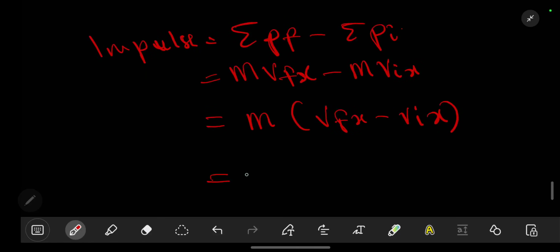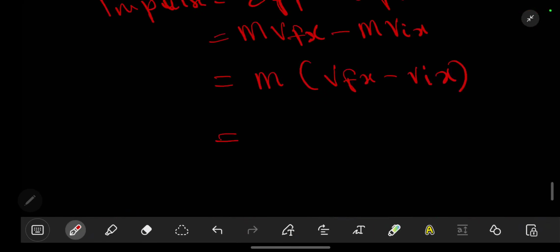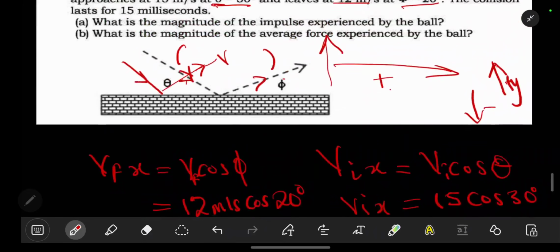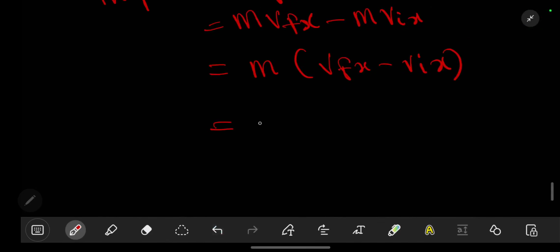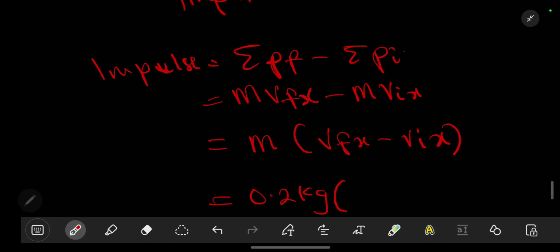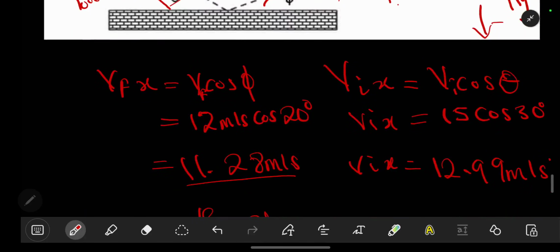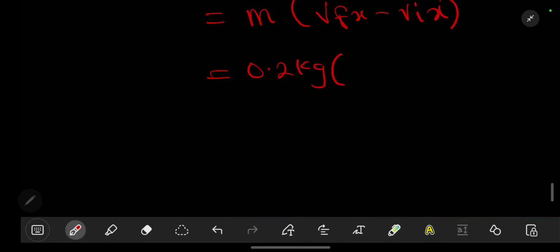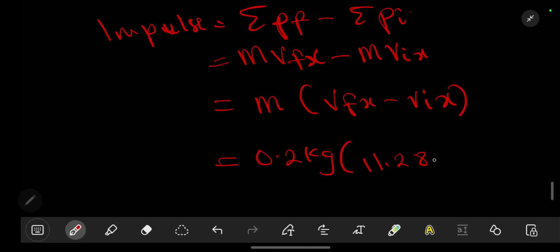So what is our mass? Our mass for this one is 200 grams. So just divide by 1000 if it is in grams. 200 divided by 1000 will give us 0.2 kg. So we are going to be using 0.2 kg times, what is our final velocity in the x? According to this, final velocity in the x is 11.28. So we are going to have 11.28 minus,